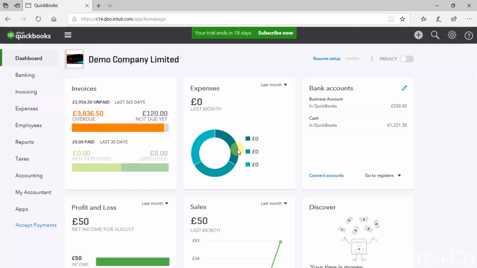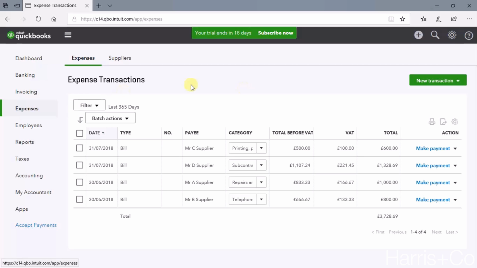Hello, in this video we're going to show you how to add a purchase invoice or an expense to your QuickBooks online account. So here we are in the dashboard. I'm just going to move over to the left hand side menu and click on expenses, and then click on expenses again just to get through to the screen that we need to be in to add a new transaction. As you can see, there's a new transaction button at the right hand side. So if we click on that,